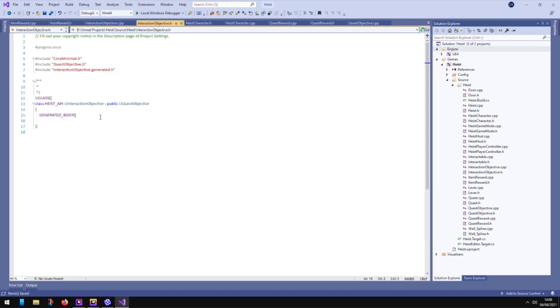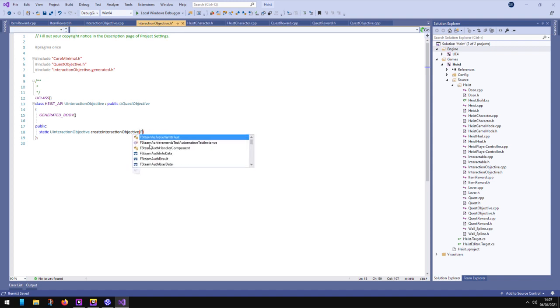Right, so this is our core objective in the game. So we're going to want a public, then we want a static quest objective. It's actually going to be this. It's going to be called create interaction objective. It's going to have, okay, name,